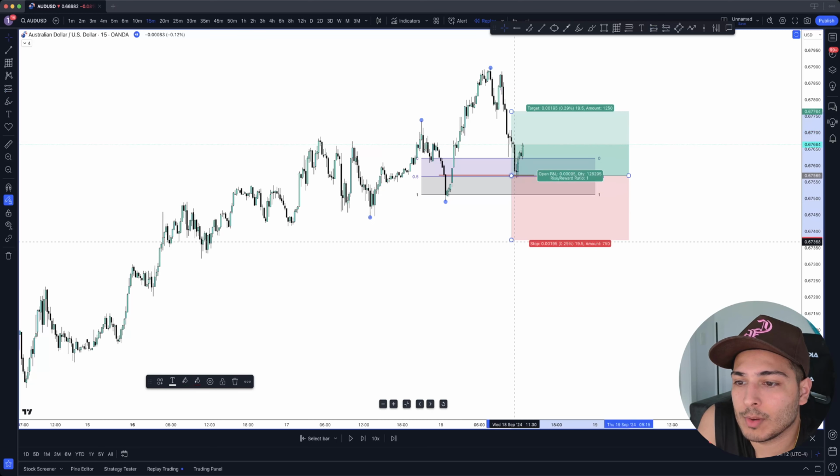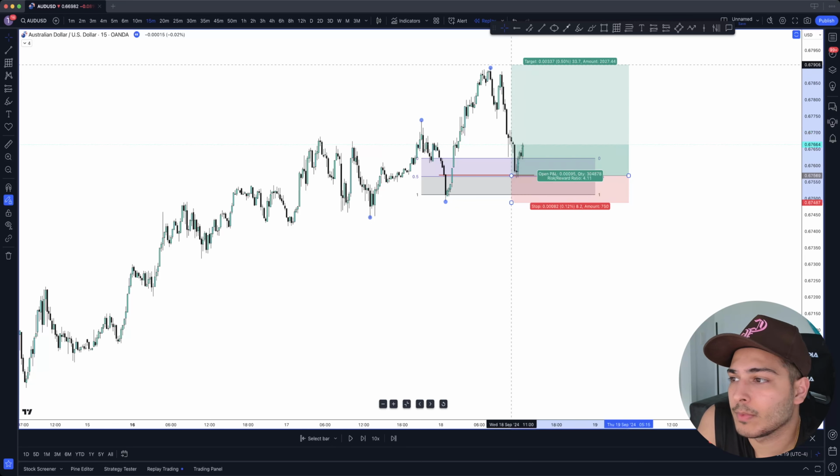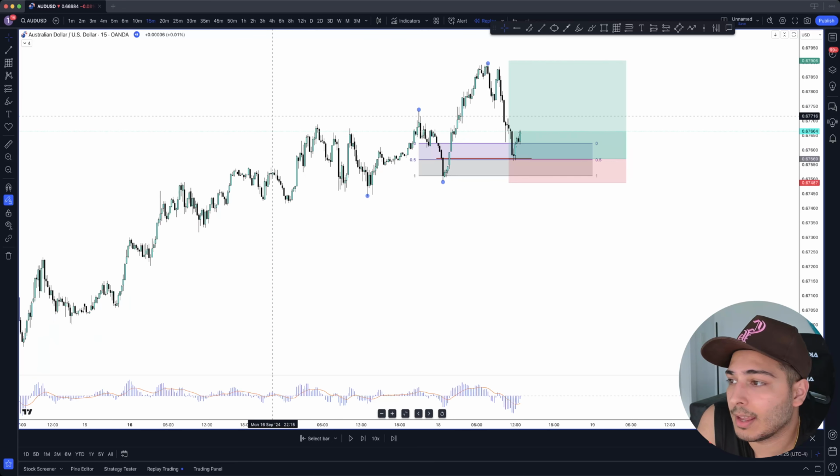That was one of the confirmations I really liked. I had the stop at the low. I had the TP right around the high. When it comes down to this setup specifically, there was another confirmation that I really like, and that was the